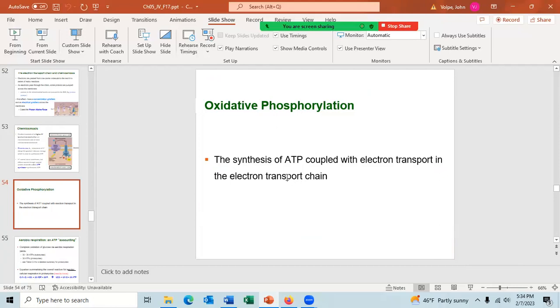Another name for the electron transport chain is oxidative phosphorylation. I don't tend to use that word. It's called oxidative phosphorylation because the proteins in the membrane will become oxidized, and then ATP gets made, meaning ADP becomes phosphorylated. Phosphorylation is just adding a phosphate to a molecule, and phosphate is added to ADP, and that's where this term comes from. You don't really need to know any of that, and I don't use this term.